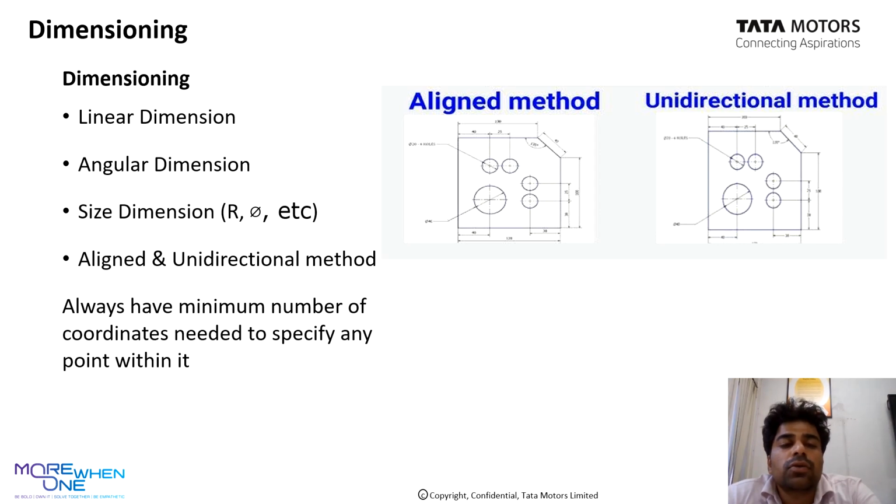Your dimensions should be, there are different ways of denoting the dimension. It can be linear dimension, angular dimension, size dimension, aligned and unidirectional dimension. In this, linear dimension is basically the same as this one. Linear dimension basically is the same as